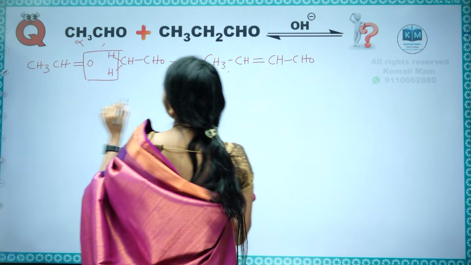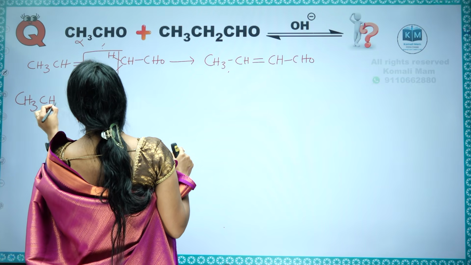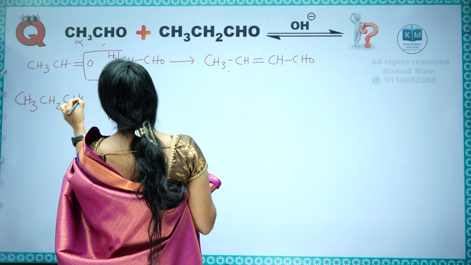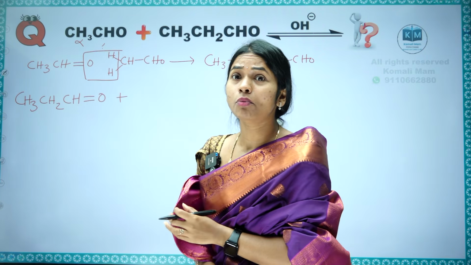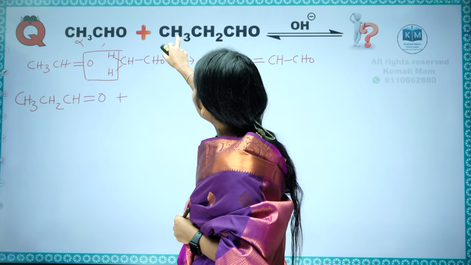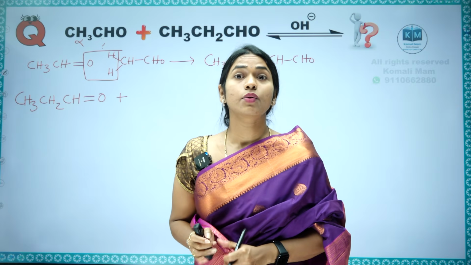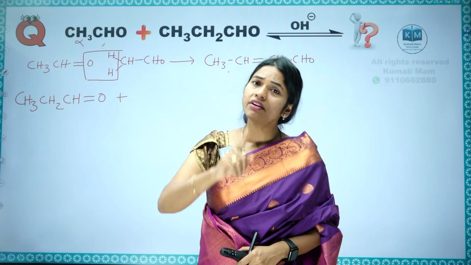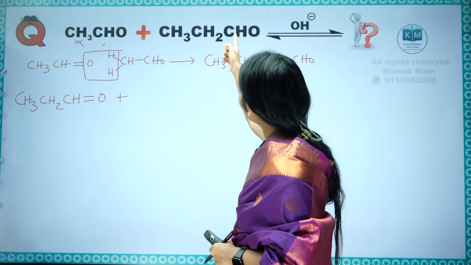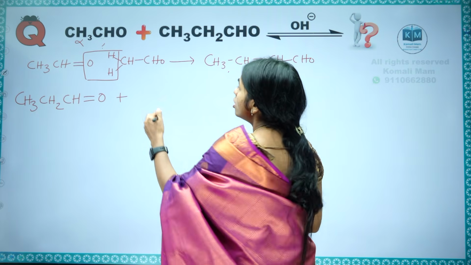In the same way, write one self product for this one also. Remove one oxygen from that structure. Students, tell me, I am showing that oxygen like this. Which hydrogens do you have to remove? By mistake, if you remove the CH3 hydrogens, your answer is wrong. Why? Because we have to remove only from the carbon next to the carbonyl carbon. So which one is the carbon next to the carbonyl carbon? This one. From here only we have to remove. So what will you get?